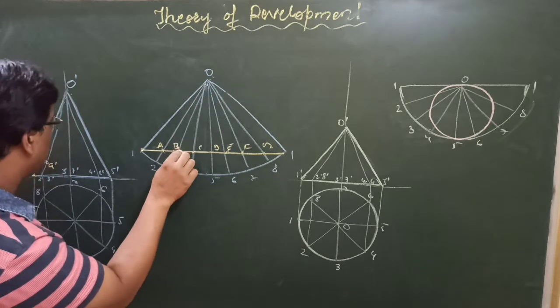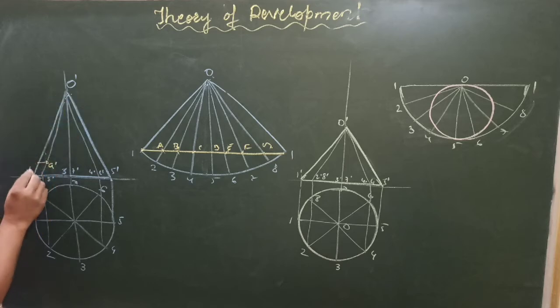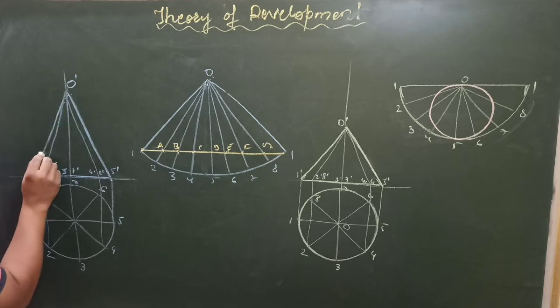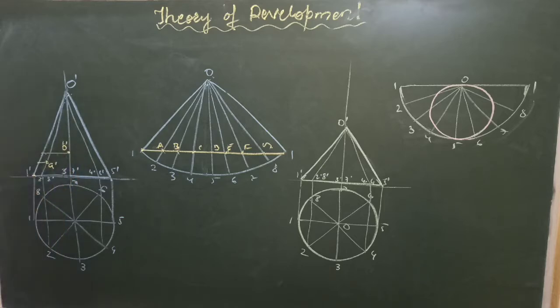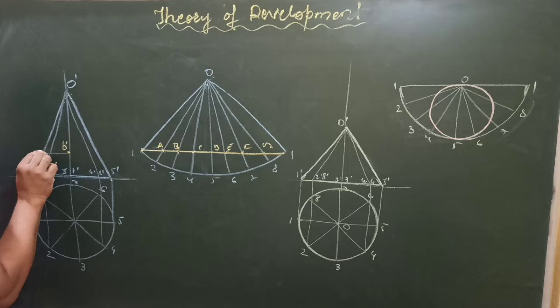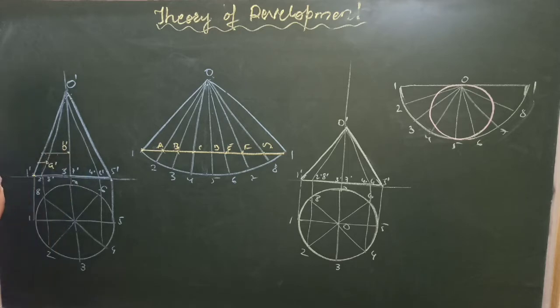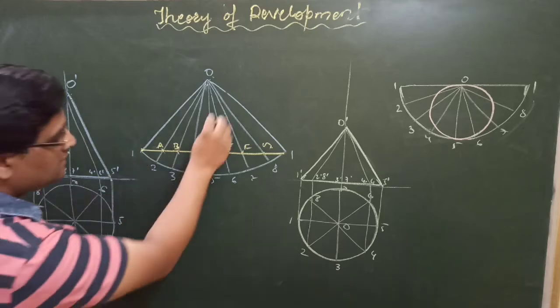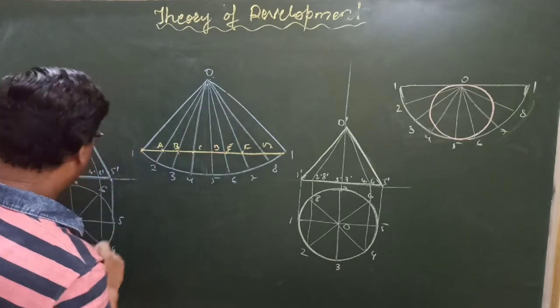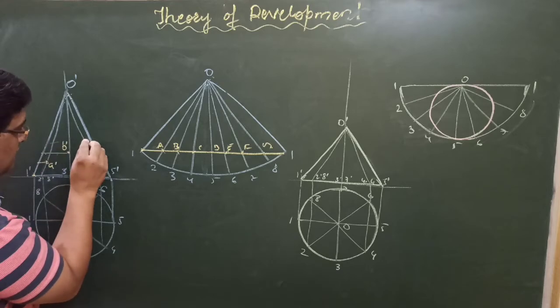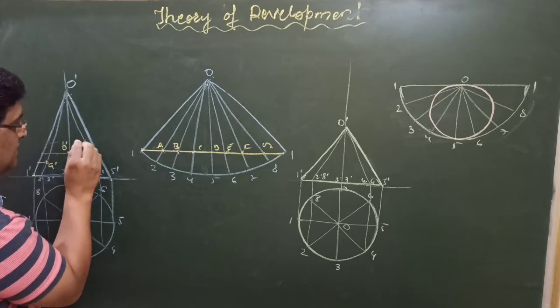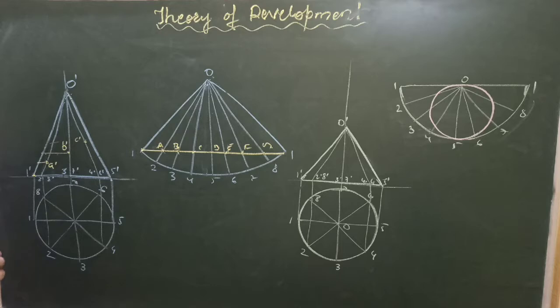Similarly, you have to take the distance of B. So the OB distance from here, initially mark on the true length line, somewhere around here, and this will be B dash. First you have to cut on the true length and then move towards the respective line, as we have done in the radial line method in the previous video, right? Then OC on the 4th line. So take this distance and cut first here and then here. So this is C dash.